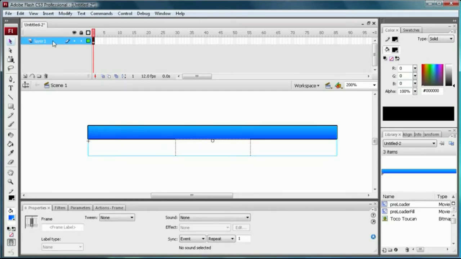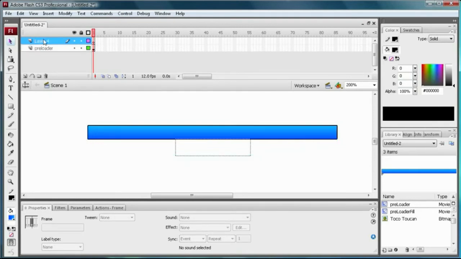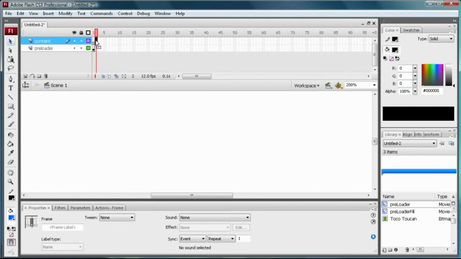So now let's add our content in. So we're going to name this first layer preloader. We're going to create another layer. We're going to call it content. And we're going to drag it out to the second layer because our first layer is just for our preloader. So on our second layer, let's